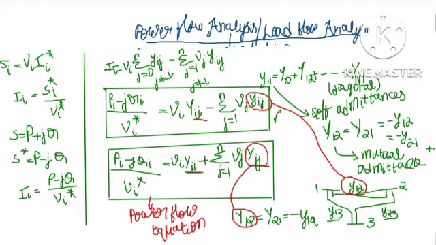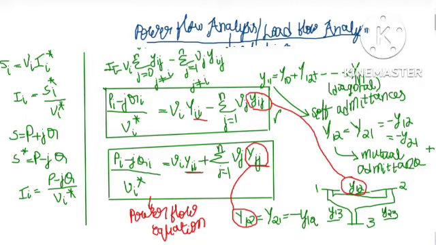Similarly, if you observe here, summation j equals 0 to n, j not equal to i, yij can be written as Yii. From this, you can understand why I had written like this, minus